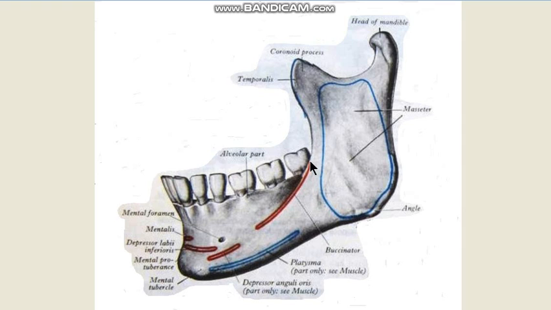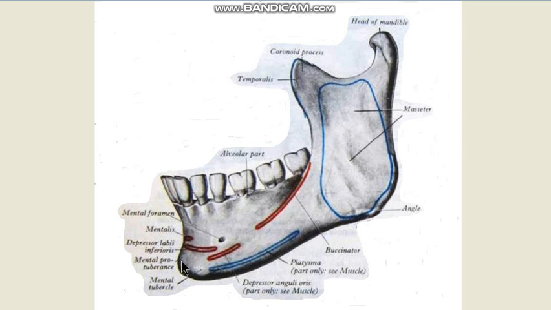So this is the posterior limit of the body of the mandible, and over here you are extending onto the ramus of the mandible. The ramus is actually a quadrangular structure which has an anterior border, a posterior border, a superior border, an inferior border, this lateral surface, and inside it has a medial surface. And if you consider the body on this outer surface, you can make out that the